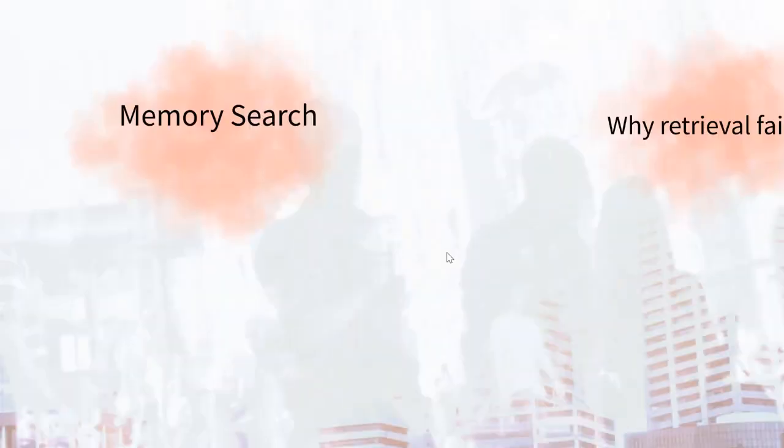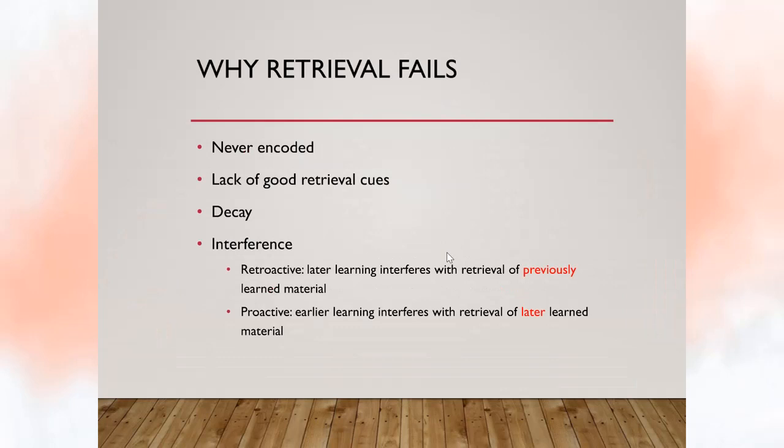So let's talk a little bit about why retrieval fails. So when we forget, why has this happened? We can break this down into a few simple reasons. So the first reason is it was never encoded. And what I mean by never encoded here, think about our discussion about attention. If you're never attending to the information, if you're never really processing the information deeply, you're not going to remember it, right? So remember the penny example when we were drawing a penny in class. Really hard to do because you've never really studied the penny, for example.